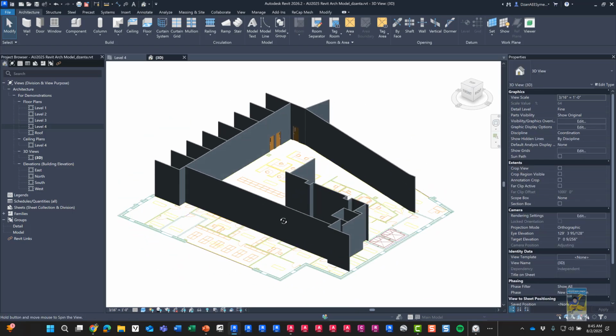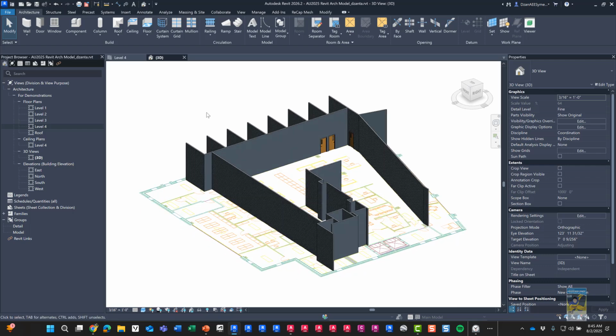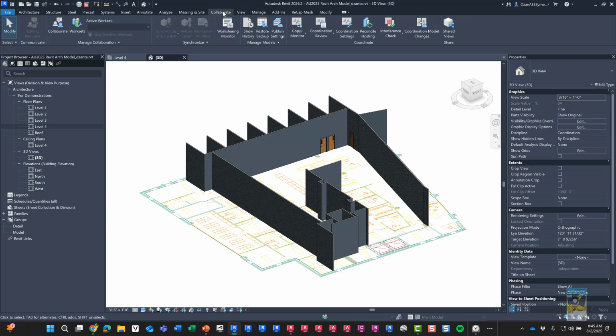And we're going to save this model as a cloud model. So the first thing we want to do is just save the work that we've done. Click Save right here or type Control S, and it saved the model. To turn it into an ACC cloud-based model for collaboration, we head over to the Collaborate tab and then we